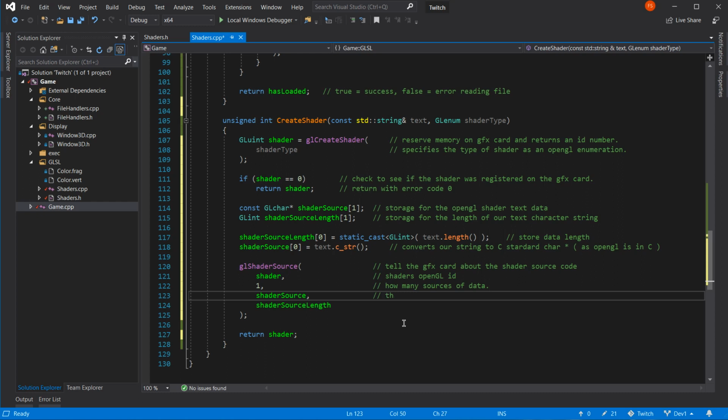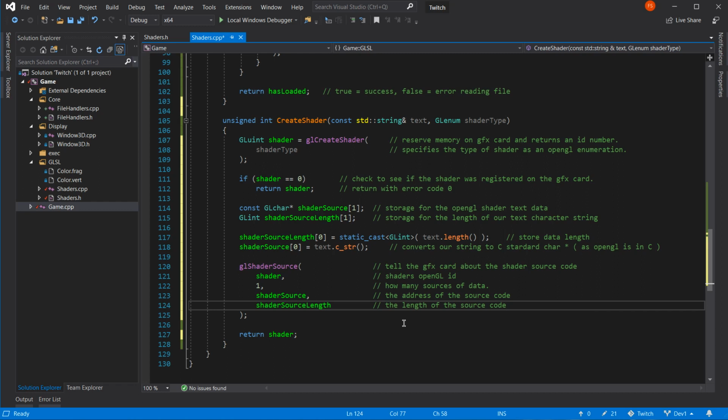That gives us the address of the source code. And so, what's the last bit? The length. So hold on a minute, what have we just done? We've given our graphics card all the information it needs to compile that.